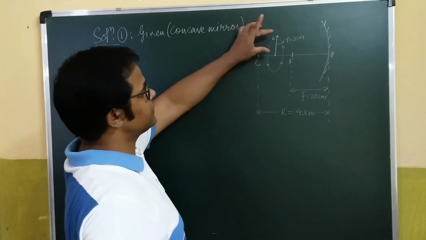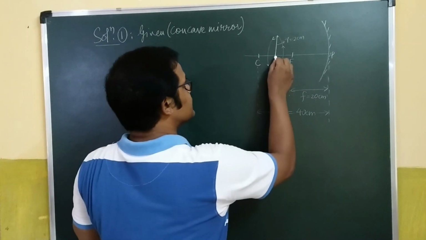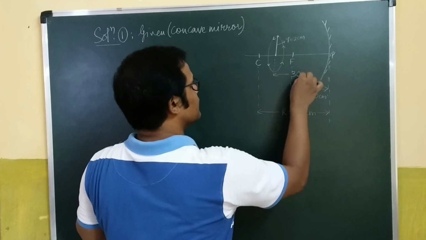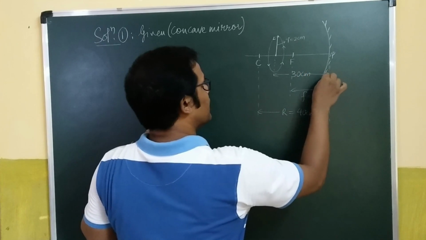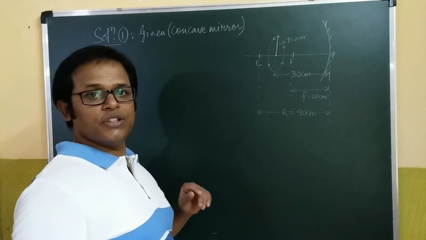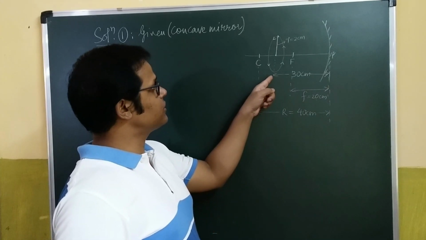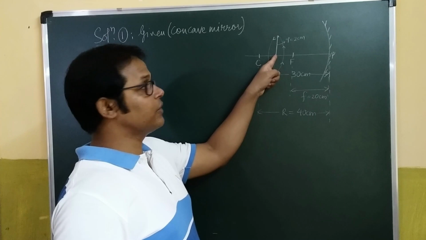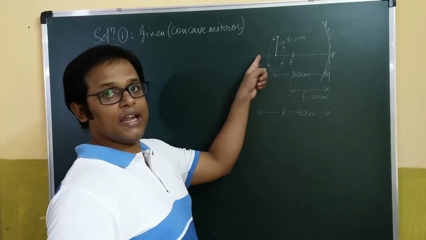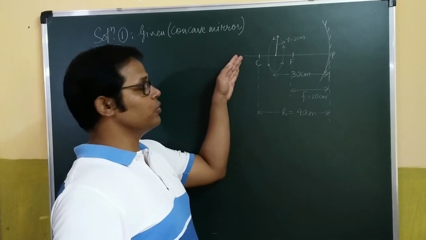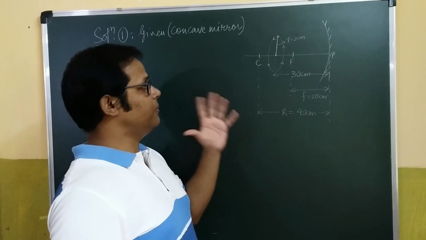The radius is this, and the distance of the center of the circle is given to be 30 centimeters. My dear students, I am very sure you are perfect with your ray diagrams, the image formation by concave mirrors. So it very clearly looks like the object in the question is between C and F. So whenever an object is between C and F, the image goes beyond C and the image is going to